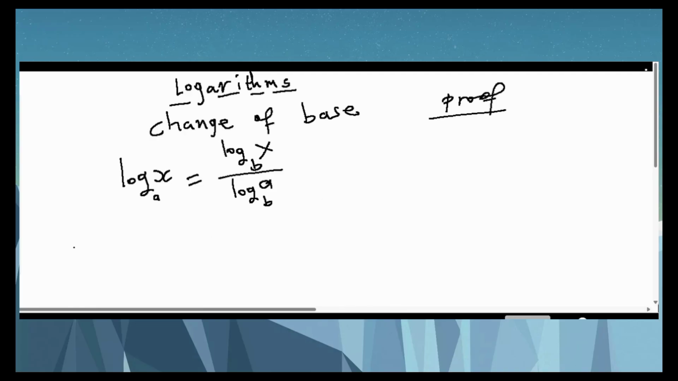But to prove it, we have to recall the definition of logarithms: by definition of logs, if I have log b base a equal to c, then by definition a raised to the power c is equal to b, right? So using this same definition of the logs to prove the change of base rule, let us first let